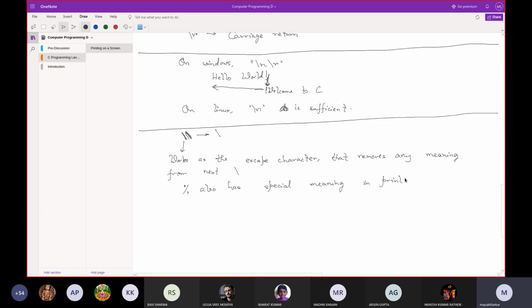So what if you want to print a percentage? Two times percentage will also print a percentage. In both ways you can print it.